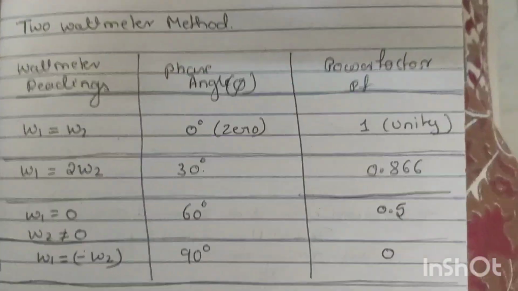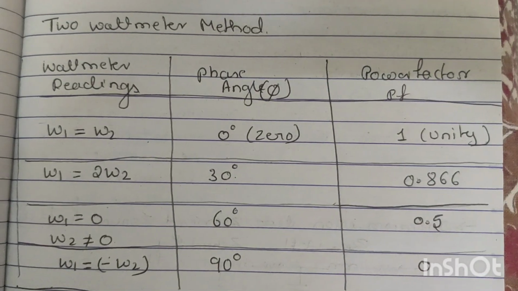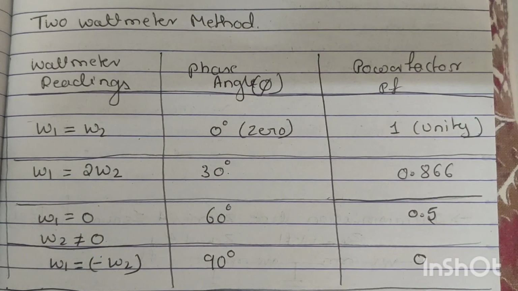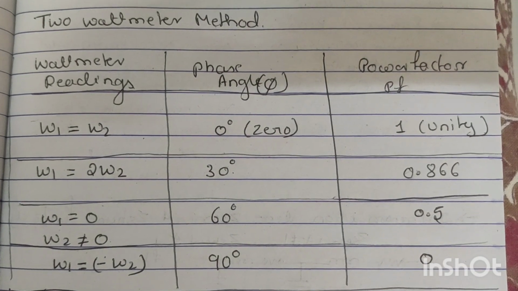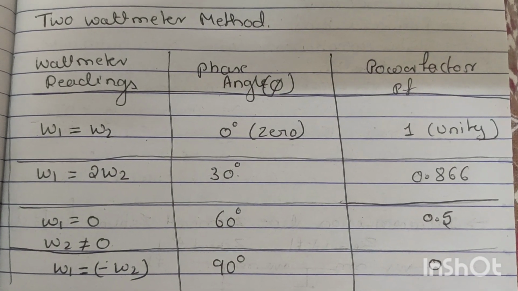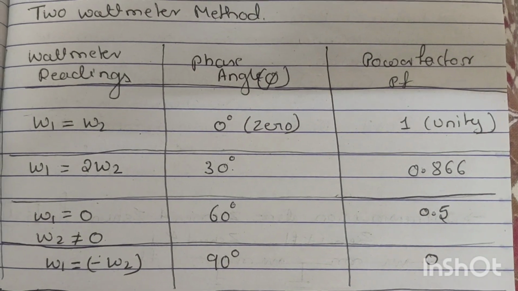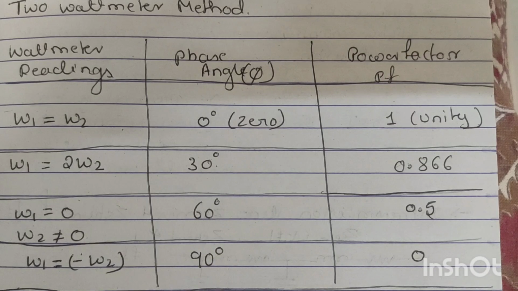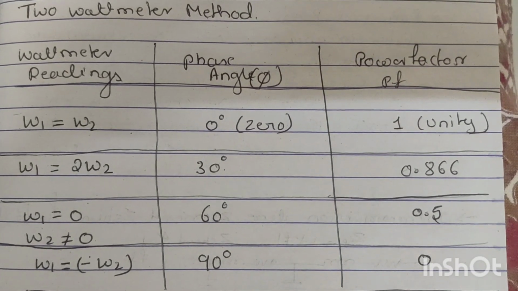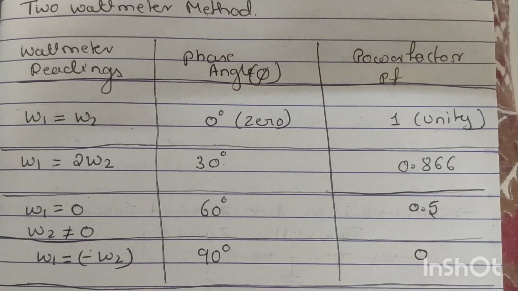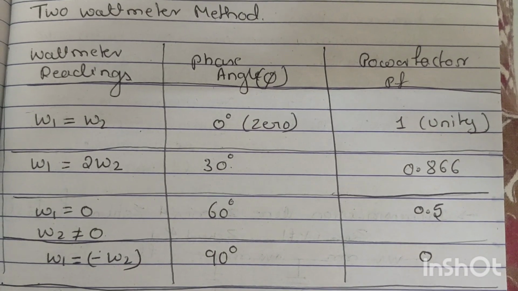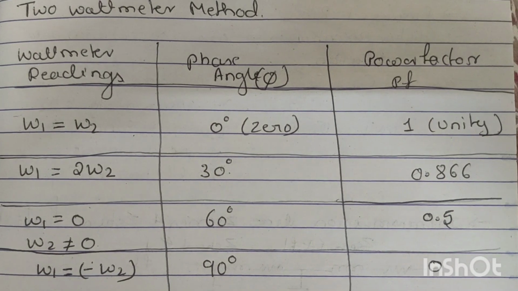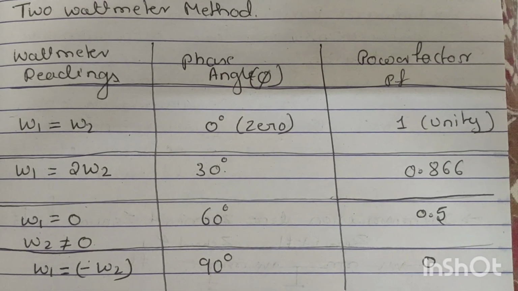There is a shortcut method table. For the 2 wattmeter method, where we know the wattmeter readings W1, W2, when W1 is equal to W2, wattmeter 1 reading is equal to wattmeter 2 reading, then what will be the phase angle and the power factor? And when W1 is equal to 2 W2, then what will be the phase angle and power factor? Here you can see when W1 is equal to W2, the phase angle is 0 degree, phi is 0, and the power